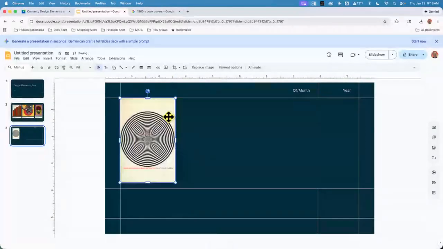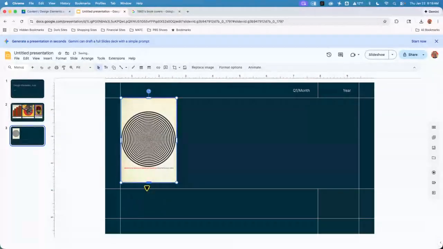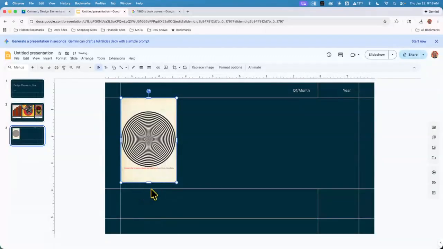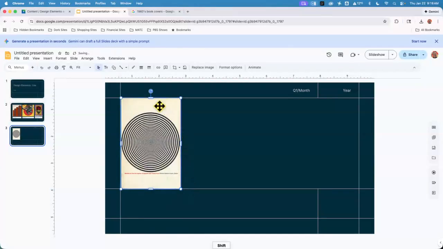So what I mean is, say you have an image here and you're like, oh, I want it to come down to this line. You don't pull it and stretch it downward, because those circles now just became ovals. We don't do that. If we want it to come down to that line, we grab the corner, we hold down Shift, and we pull it to come down to that line, which makes it wider,